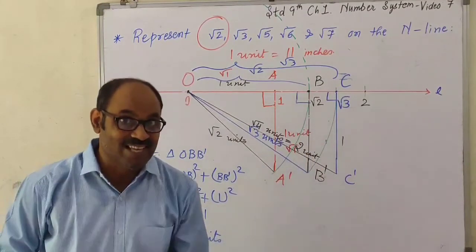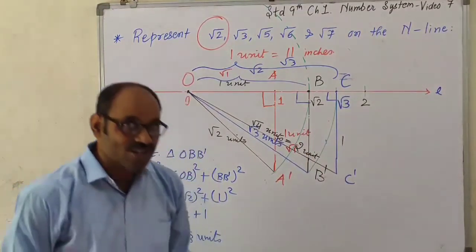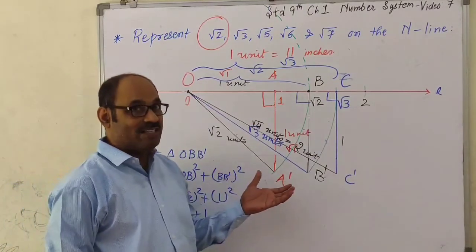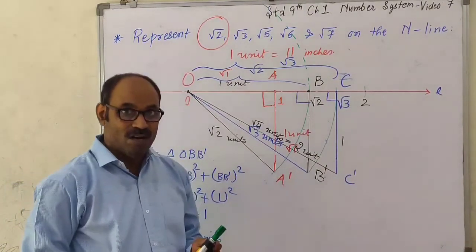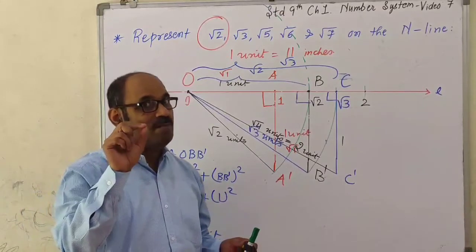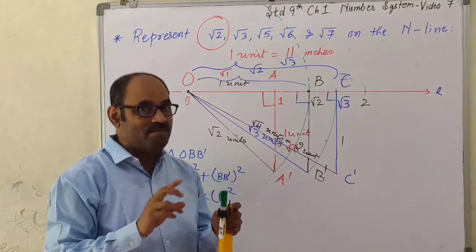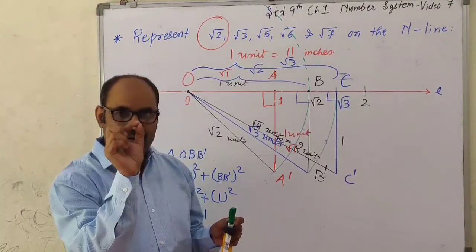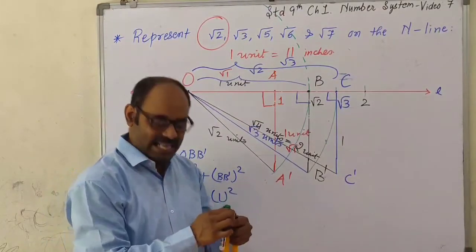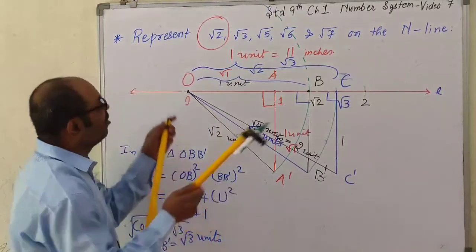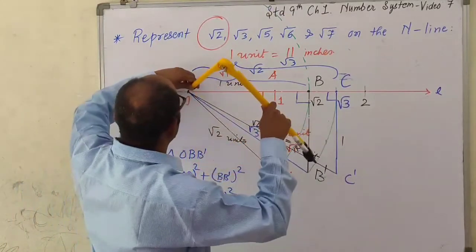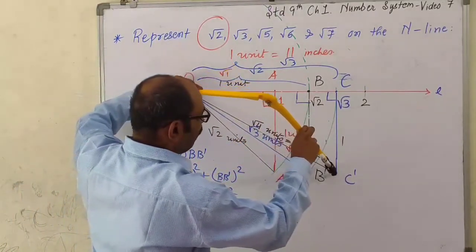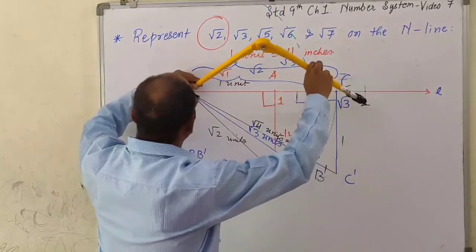Let's see how is the construction. Of course, I can't maintain the accuracy here because of the slippery board. But in the book where you have a pencil and a pair of compass, you have to take a well sharpened pencil. It should have a very small point. Okay, let's see. Now the projection of OC dash. OC is root 4. Alright.